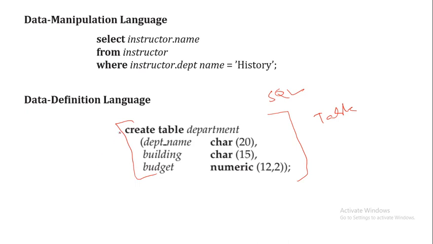After executing this command, what we are going to see is that we are going to create a table called department having certain attributes like department name, buildings, and that's it. Okay, now